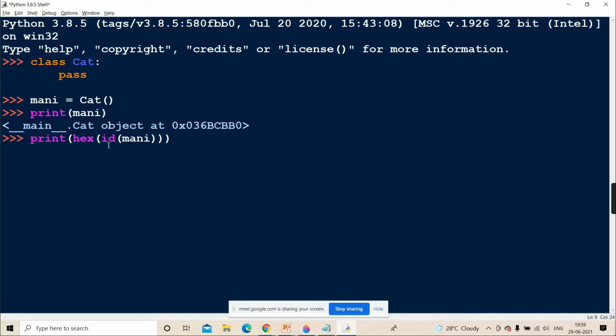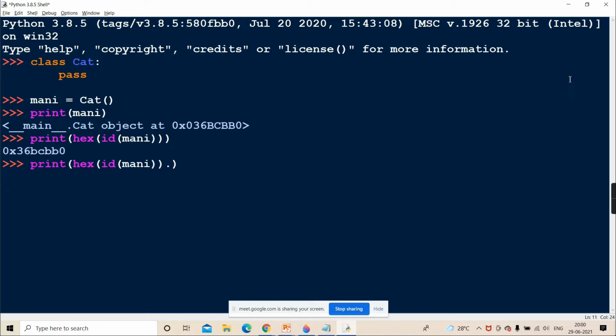What does the id function do? Now in Python we are at a much later stage, we have come far away from the initial stage, right? So does the id function return the address of that object? It returns the address of that object in decimal form. That decimal address I am giving to hex, and it will convert to hexadecimal form. Does the address tally? Only it has come in lowercase.